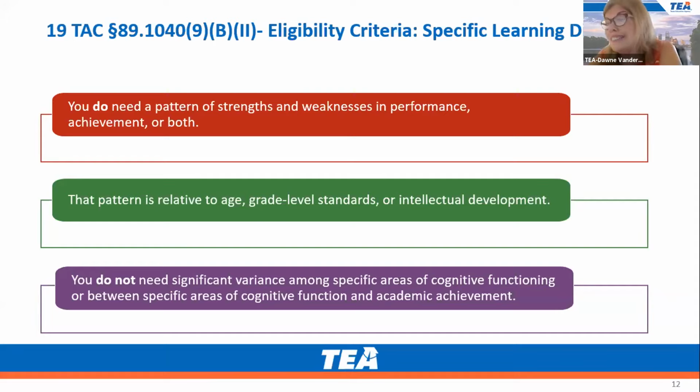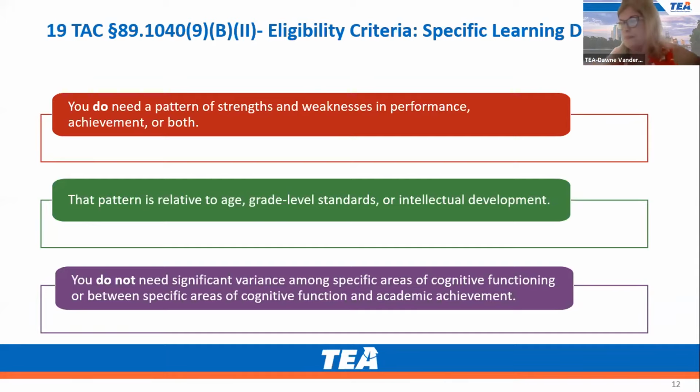These situations indicated that the section of code that has been eliminated was inhibiting the ARD committee's use of all data available and creating an over-reliance on specific data and calculations based on cognitive assessments. Essentially, this section of rule was interpreted as requiring one or more specific weaknesses in the student's cognitive profile to identify a pattern. Now, a pattern is no longer so narrowly defined.